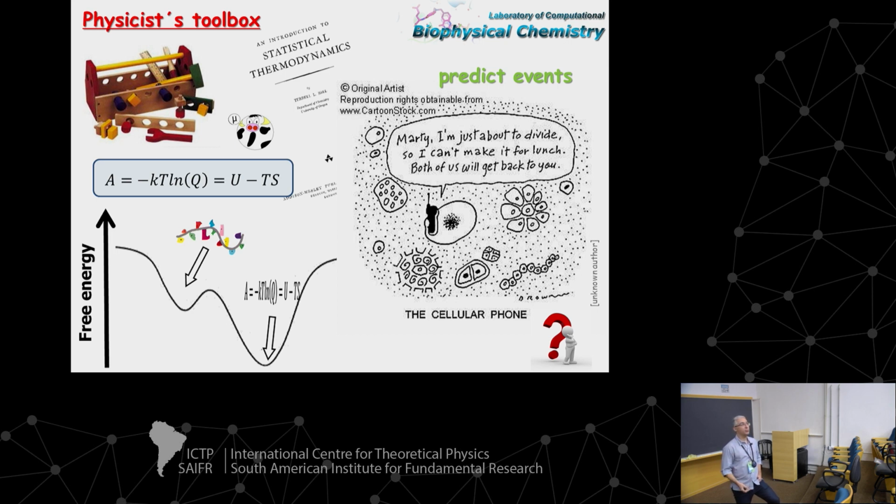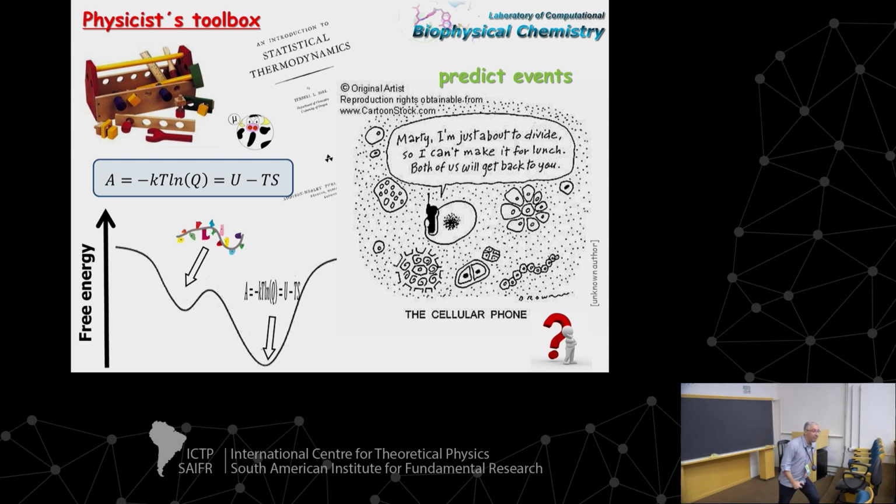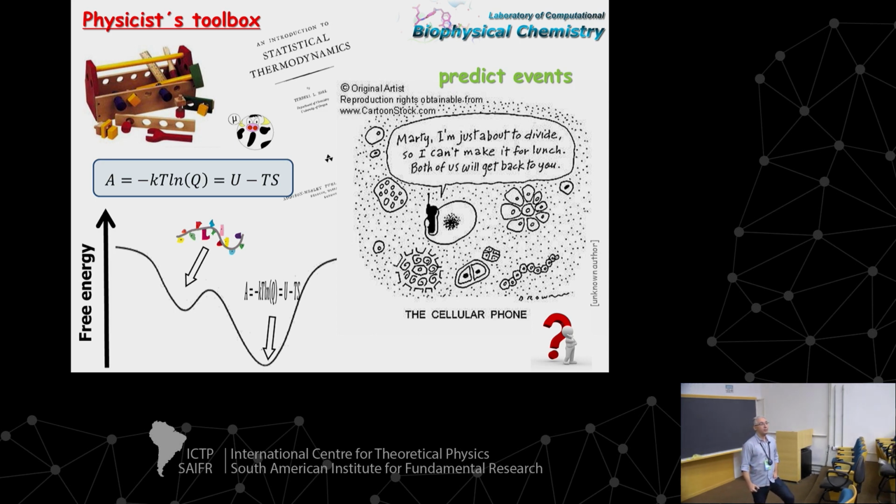We also know that one important question in biological science is to predict events. Would you like, for instance, to predict if a cell division is going to happen? That's why I have this joke, or this cartoon here. And to predict events, we can ask anybody in physics that, well, probably the easiest way to predict things is to assume that energy is going to be minimized. And when you're trying to predict general events, we can say that the free energy is the one that should be minimized. So we can make this kind of diagrams here, and you know that, for instance, for a protein folding,